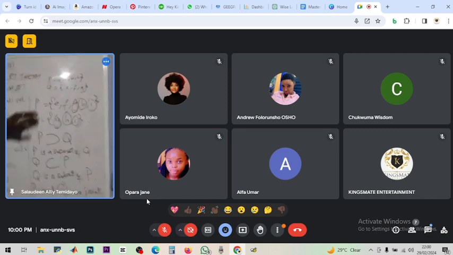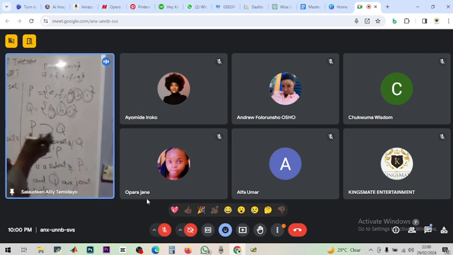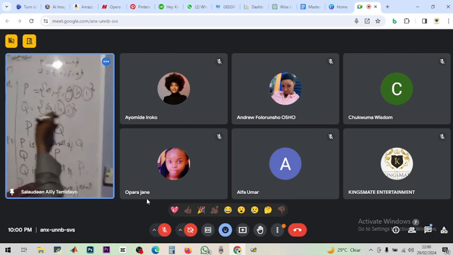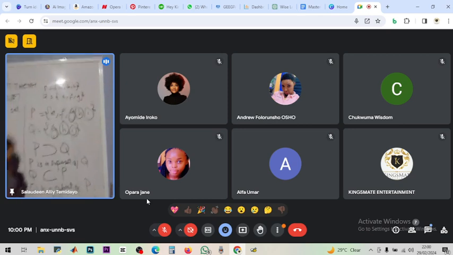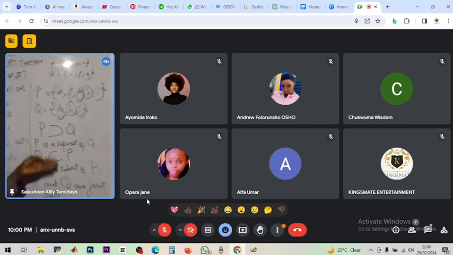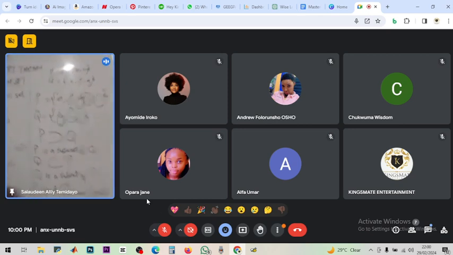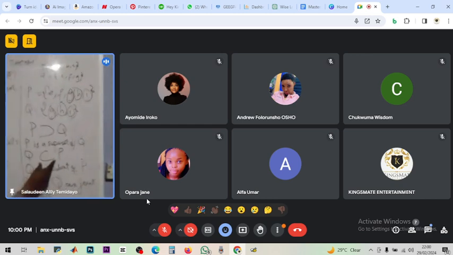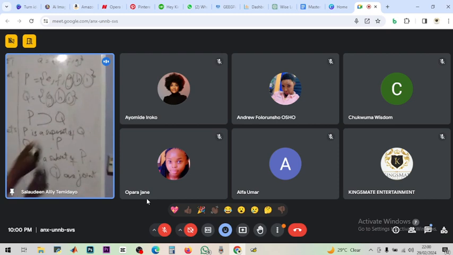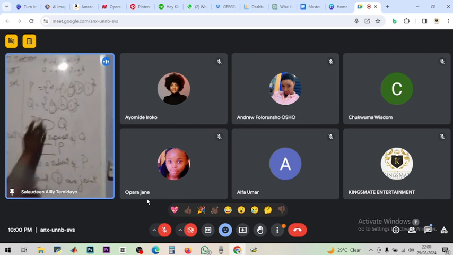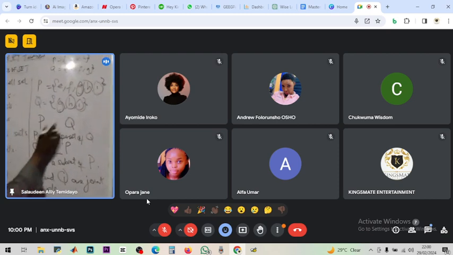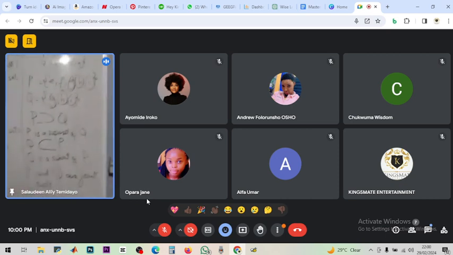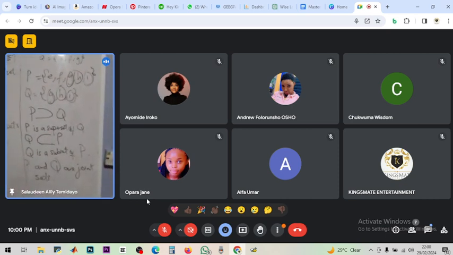So again, P equals this. So P is a superset of Q because it is superior over Q. It has all the elements of Q. But Q doesn't have all the elements of P. So that's why Q is a subset of P. Q is a what? Subset of P. Look at what I'm using to denote it. It's not C. P is a superset of Q. Q is a subset of P.